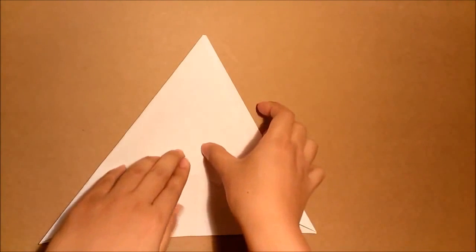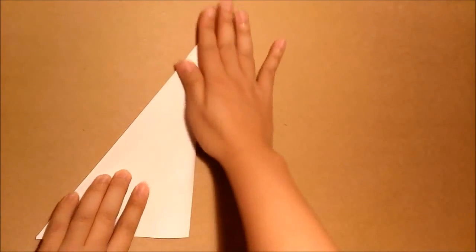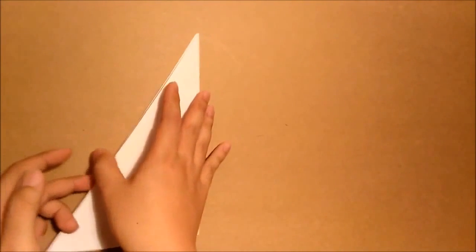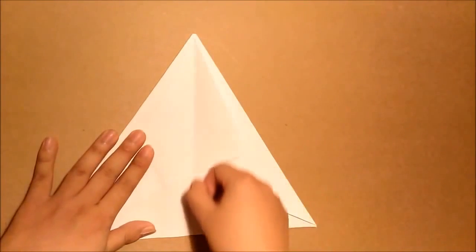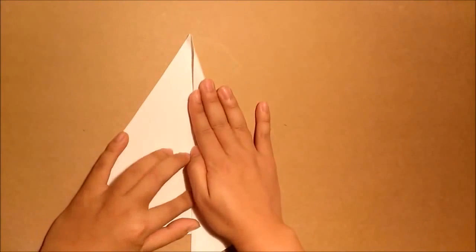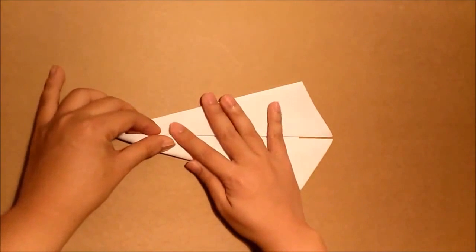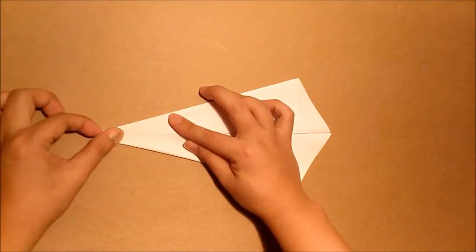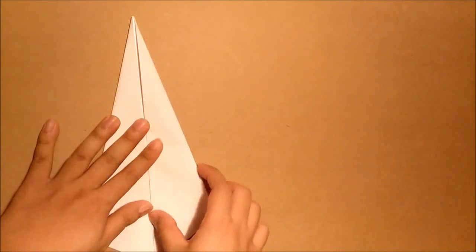Next step, we fold the paper in half like this. Okay, then open the paper. Start from this edge. I will fold it to the center crease. Okay, and then repeat the same step for the other side. Okay, so next step,